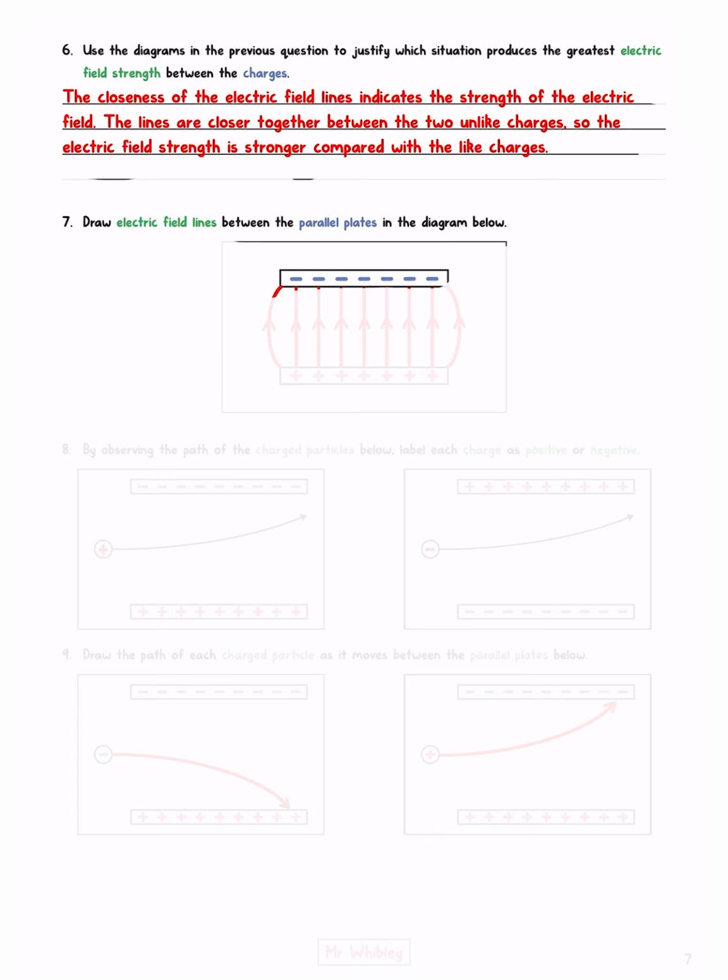We have our negative plate, and we have our positive plate. Our electric field lines between 2 parallel plates are going to be parallel, and they're going to point away from the positive and towards the negative. Also important is that they are equally spaced. At the edges, however, we see a slight curving to the field lines because we have some charge on these